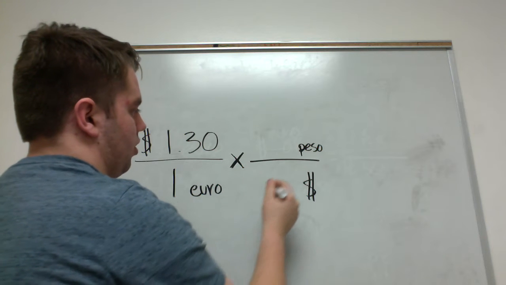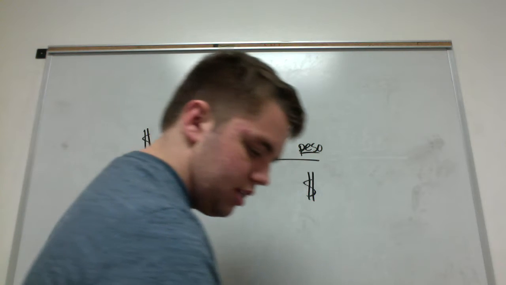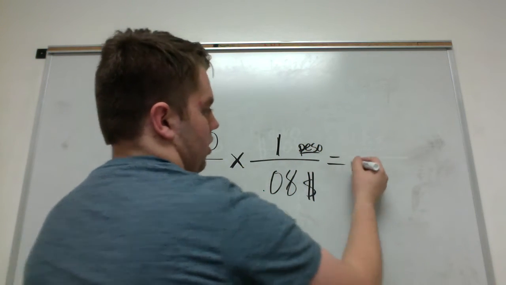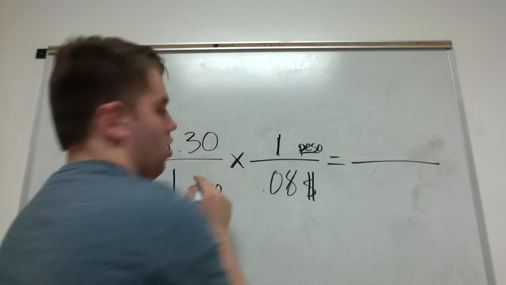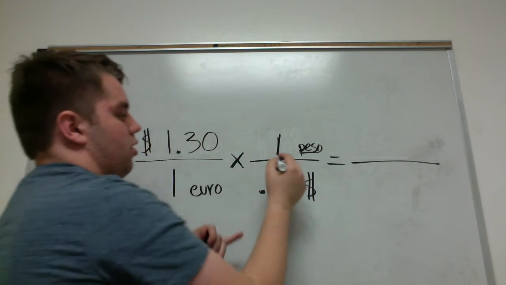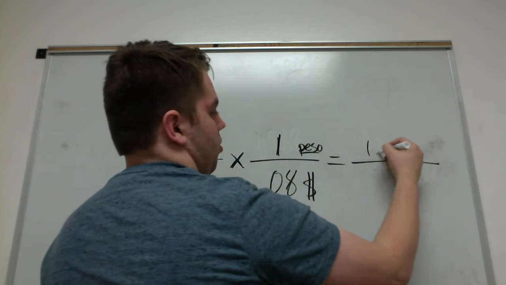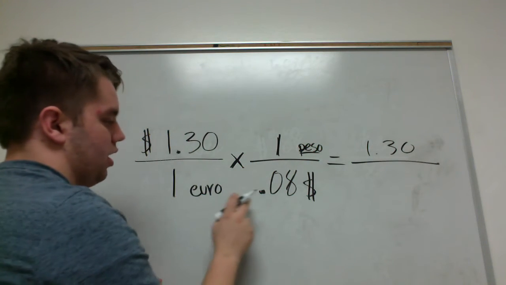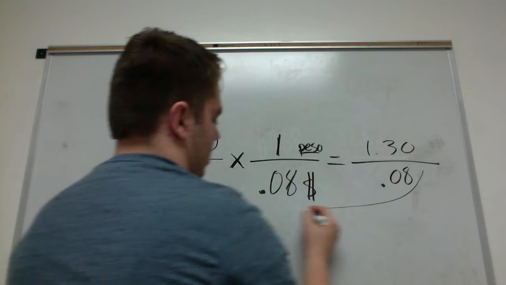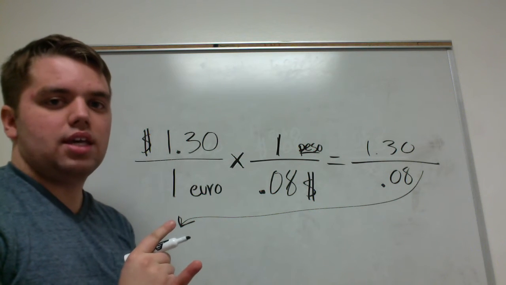Now we're going to put the pesos on 1 peso, and we know 1 peso is $0.08. So now we come over here and we do our conversion. 1.3 times 1 is 1.3. 1 times 0.08 is 0.08. We do this and we'll figure out that each euro is about